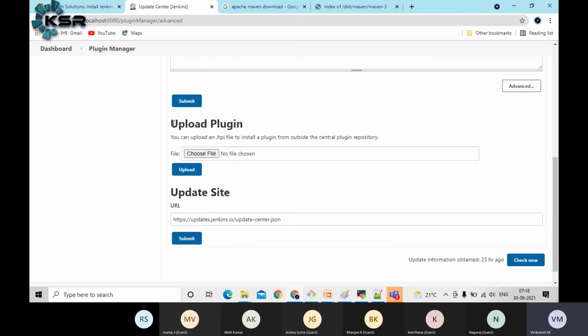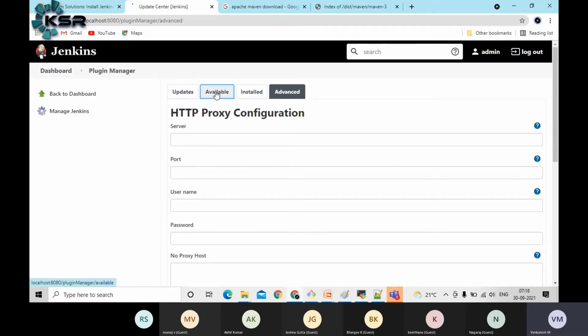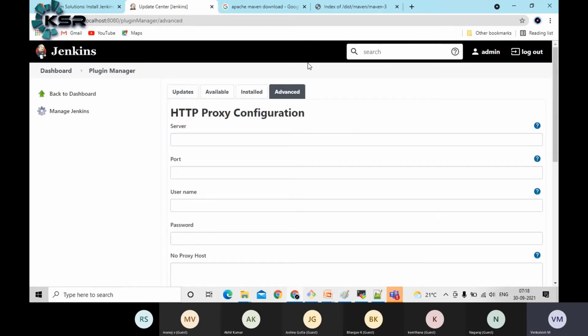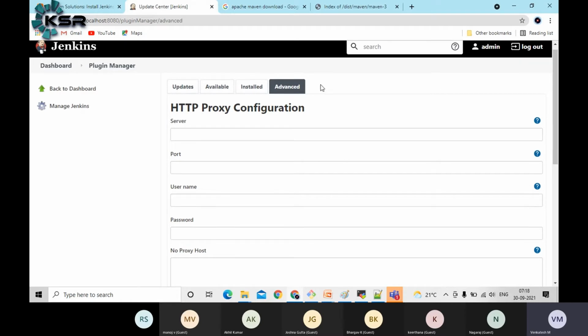We have something like upload plugin, guys. As I mentioned, in the available section, only the plugins that are available in the Jenkins repository are shown. However, if you want to enhance your development, say you have some idea which can be helpful for your project, you can also write your own code as an extension to Jenkins.